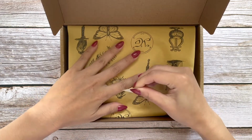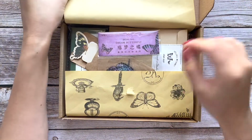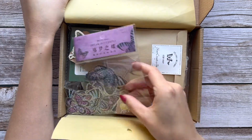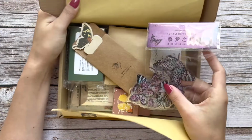with opening this box. Oops, that was my bad there. Their boxes are usually non-holiday, but I meant like maybe the December box would have been more like wintry, and I think butterflies are a little bit better since spring is coming and they're more versatile when it comes to